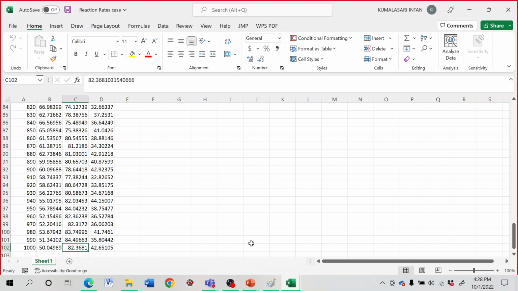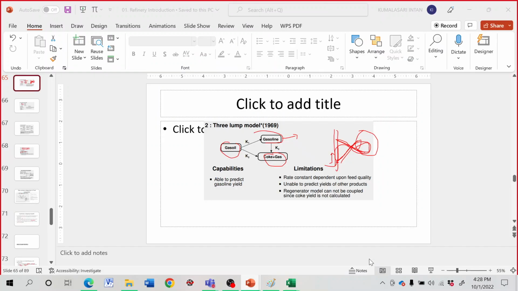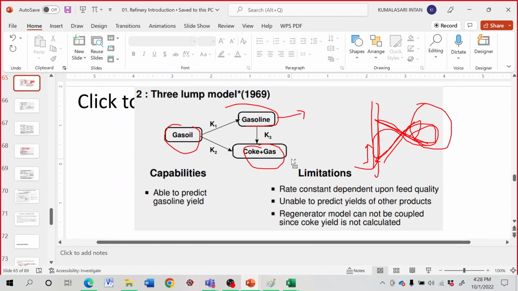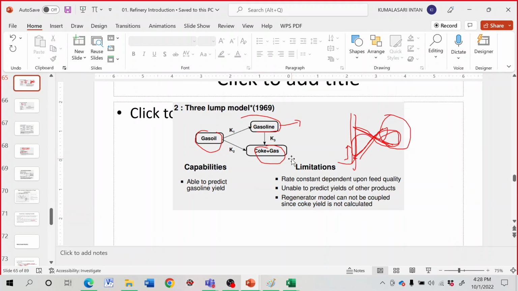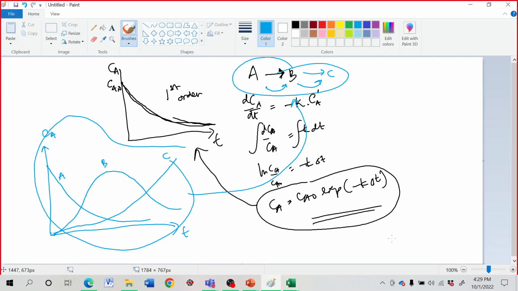So the question is: how much are K1, K2, and K3? Why do we need to know that? Because once we know this, we can design the reactor. Reaction engineering is about designing the reactor. That's basically what it is: how we control the temperature, how we control the reaction rates. That's about the design in reaction engineering. So we need to know first and foremost the kinetics, which are the K1, K2, and K3. To do that, just to give you an idea, we will have to